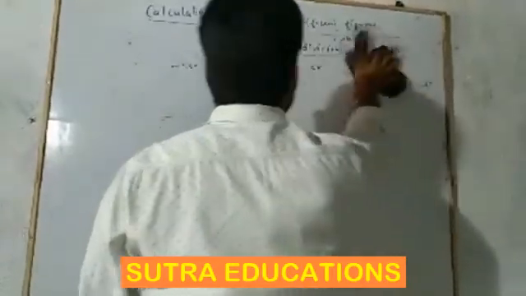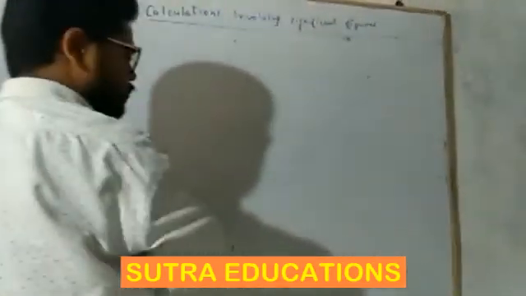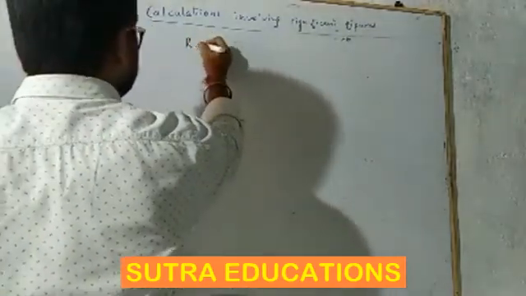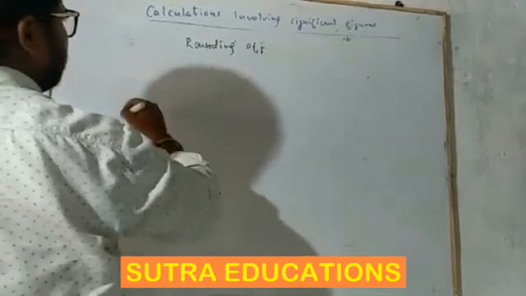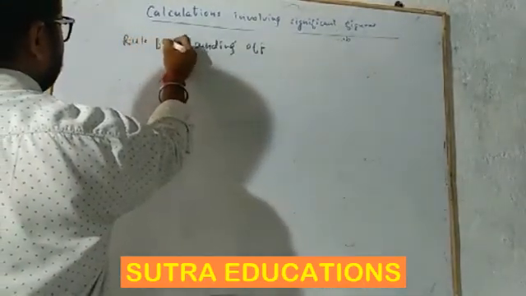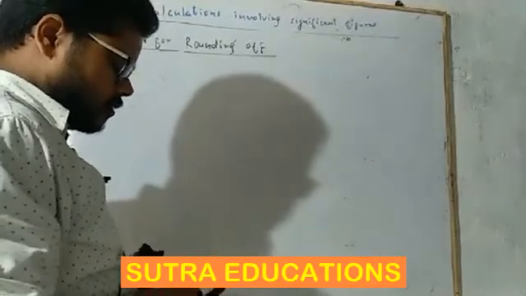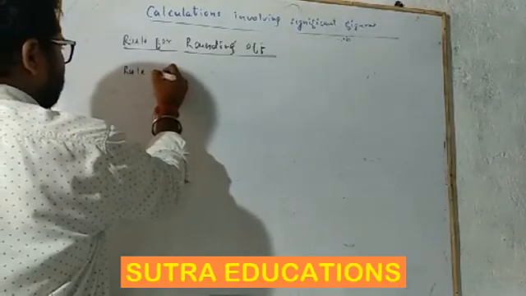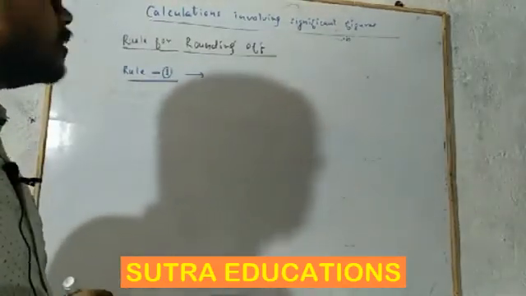Now come to rounding off. This is the rule for rounding off. Rule number 1 is,